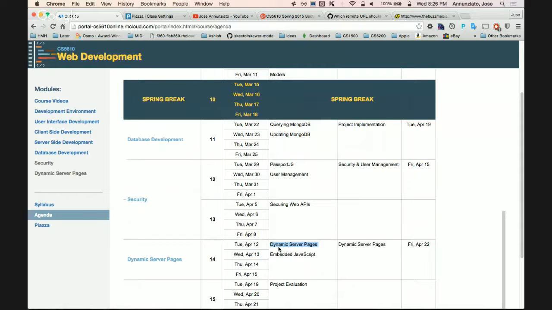Dynamic server pages is a little bit what you might already be familiar with if you've done JSPs and ASPs or PHP or Python. If you've written dynamic pages on the server side, you could do the same thing with Node.js. You could do dynamic content on the server using what is called embedded JavaScript.